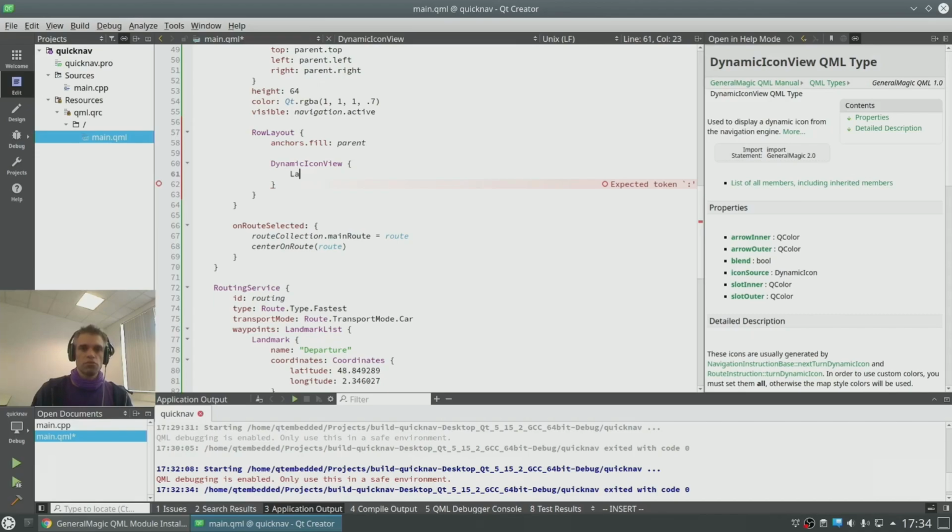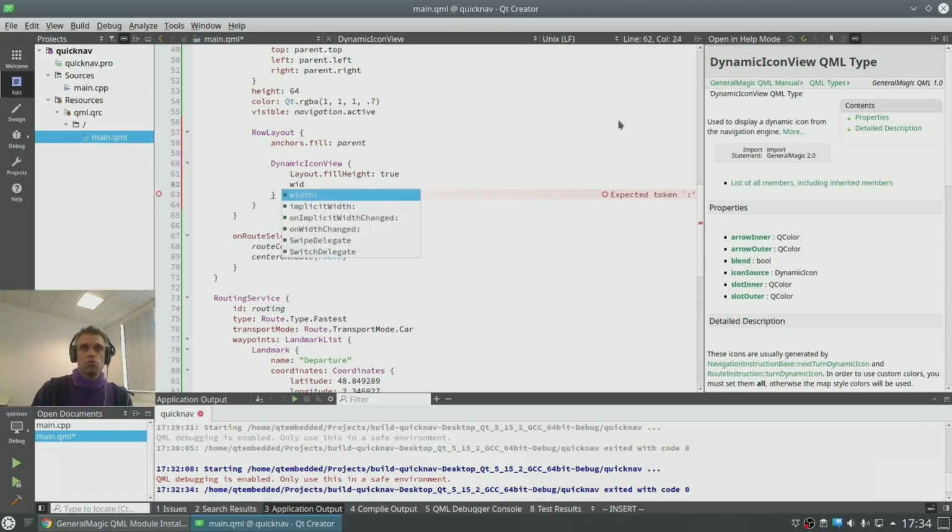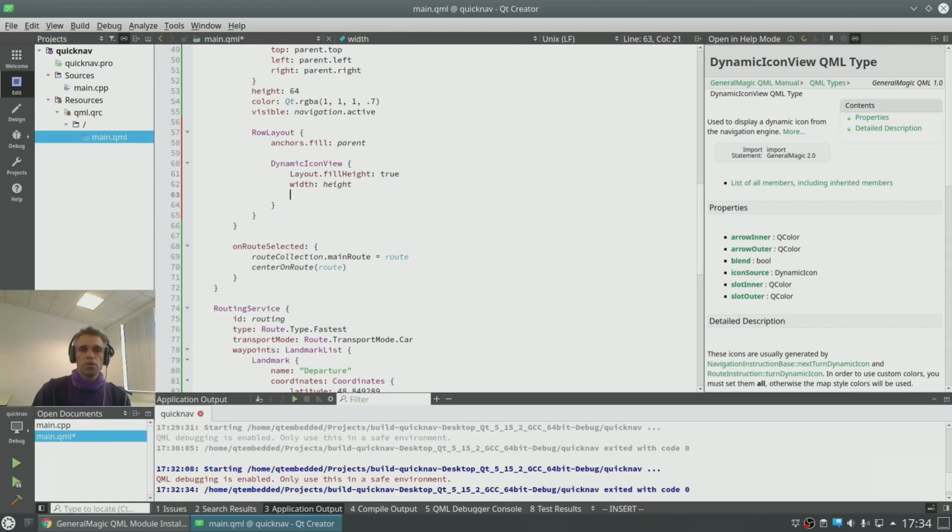So first we say layout. And we're going to fill the height. And we're going to say width equals height, so we make it square. And then we customize it.